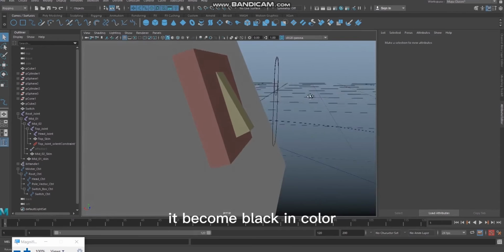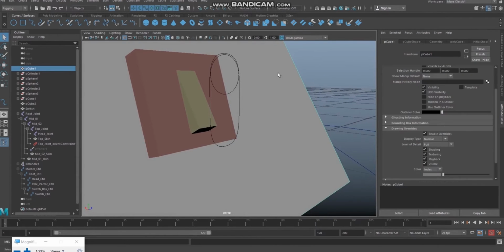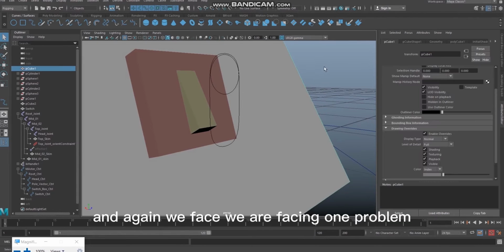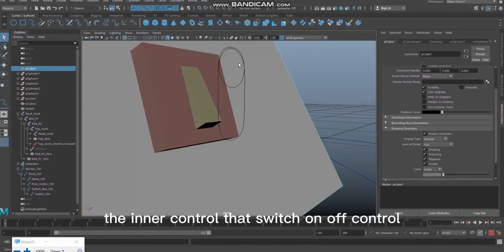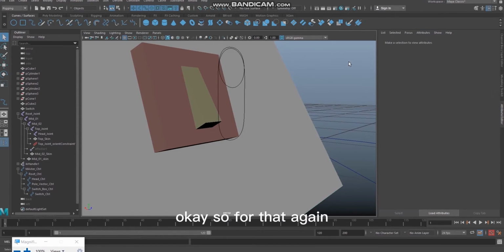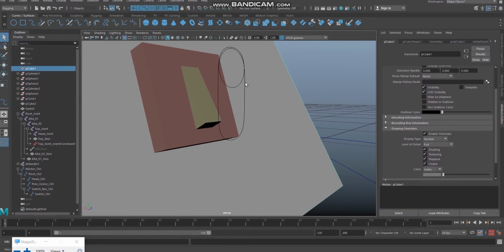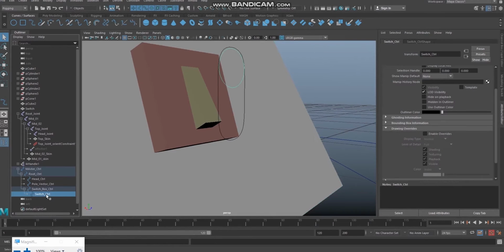It became black in color. The control became black in color, and again we are facing one problem: the inner control, that switch on/off control, is also affected. Okay, so for that again I need to select that switch control in the